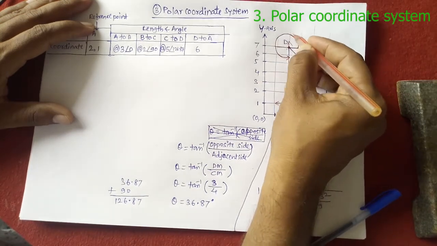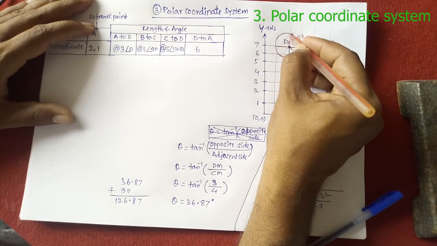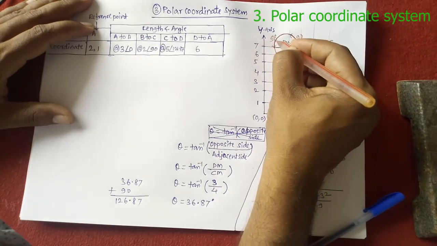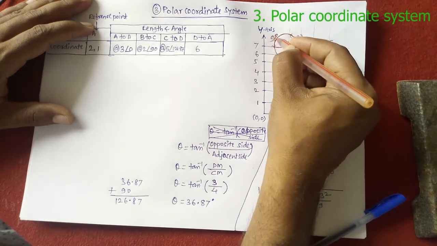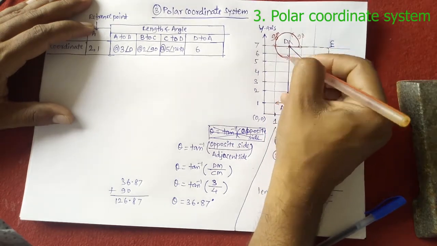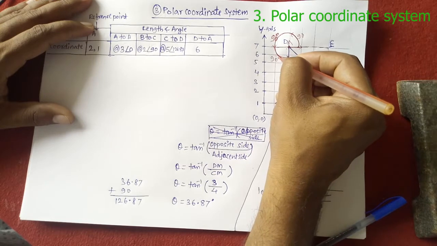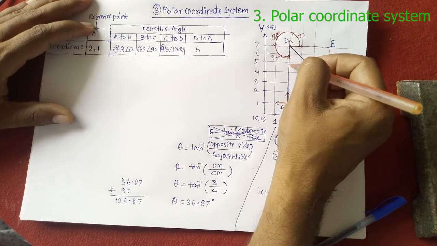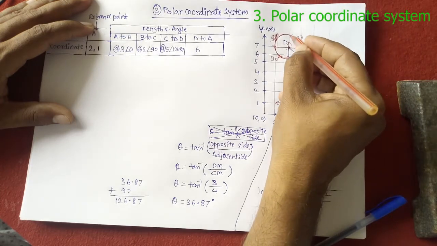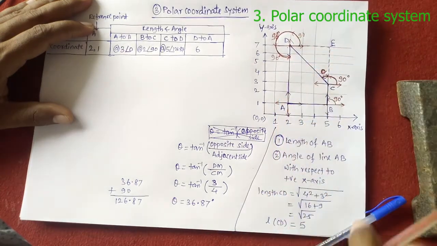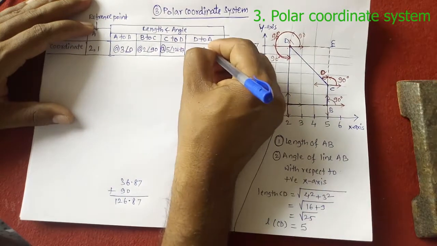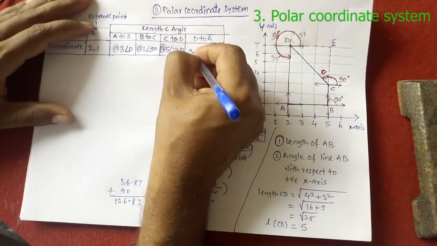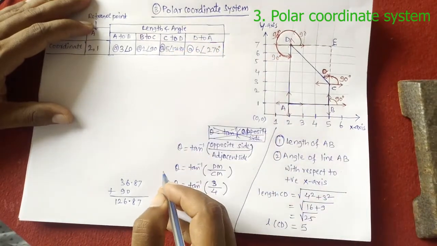The angle of this line with respect to the positive x-axis we can calculate like this. This much is 90 degrees. From this to this much is again 90 degrees. This much is again 90 degrees, and this much is again 90 degrees. So the total is 270. So the angle of this line with respect to the positive x-axis is 270 degrees. So write down angle 270 degrees and put the @ symbol before the coordinates.